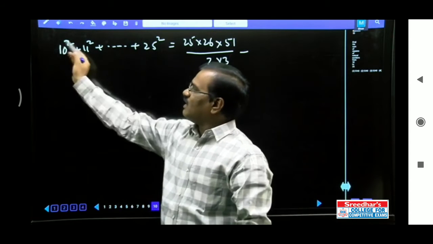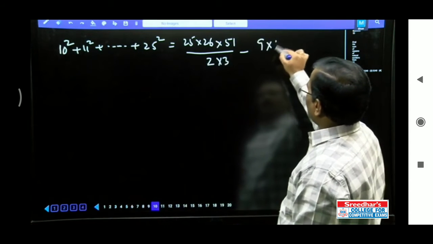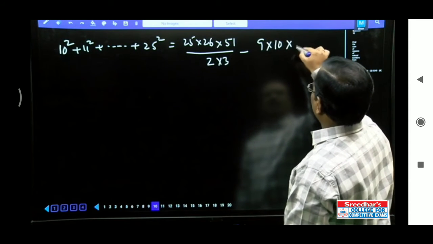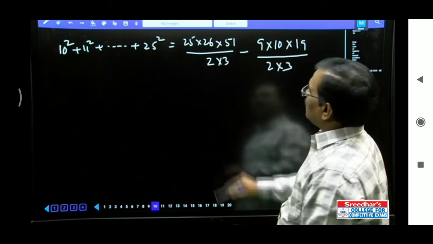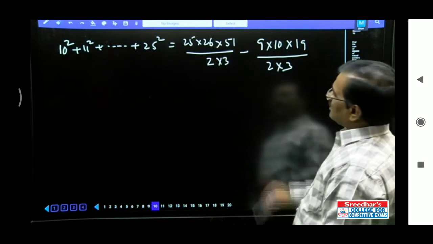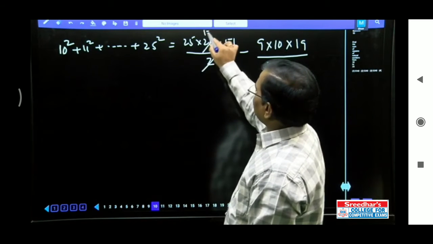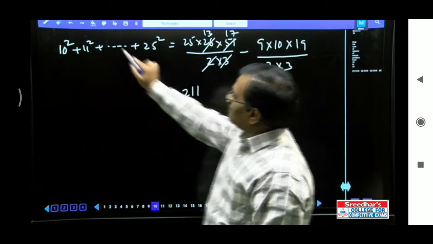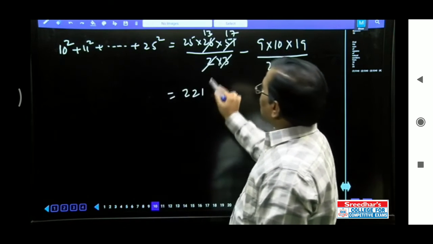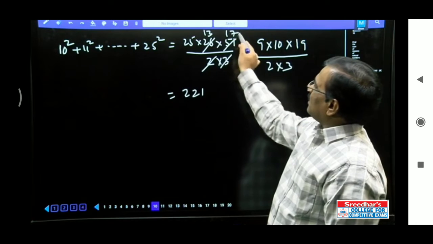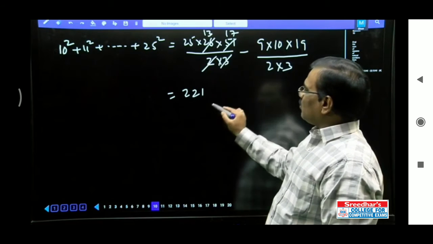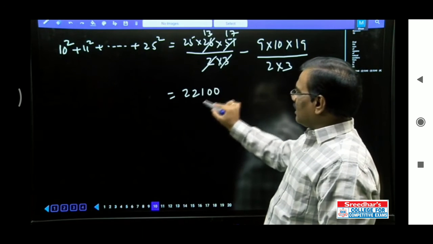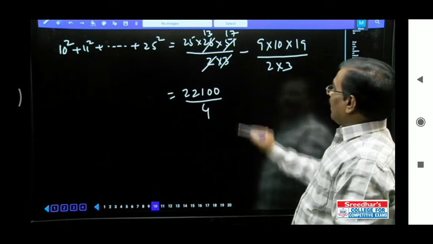అక్కర్లేదు, 10 నుంచి కావాలి, 9 వరకు అక్కర్లేదు కాబట్టి 9 సబ్స్టిట్యూట్ చేయాలి. 9 into 9 plus 1 is 10, 9 2s are 18 plus 1 is 19, by 2 into 3, n into n plus 1 into 2n plus 1 by 6, 6 into 2 into 3 అని రాస్తున్నాం. Therefore ఈ 2 దీంట్లో 13 times, ఈ 3 దీంట్లో 17 times, 17 13s are 221 into 25. 25 అంటే 100 by 4 కదా. 25 అంటే మైనస్